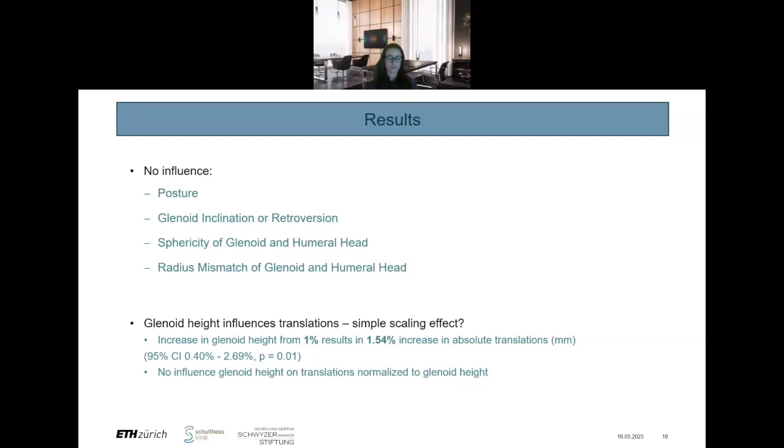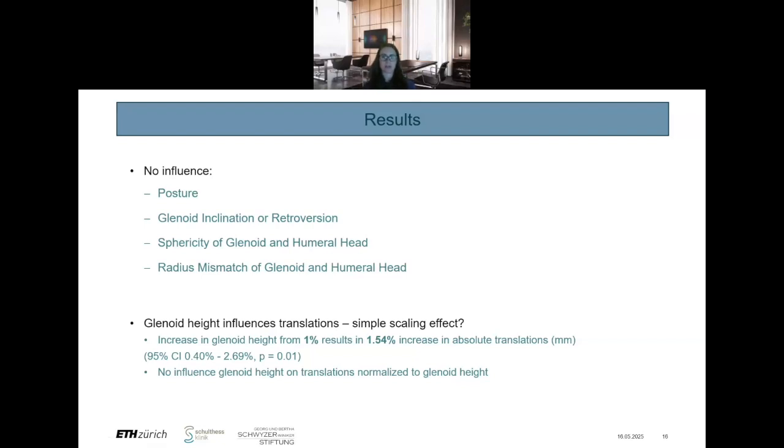seems like not a completely linear scaling, but then the confidence interval is quite high. We have a low sample size. So I think it could still be a simple scaling effect, especially that if we then create a new mixed